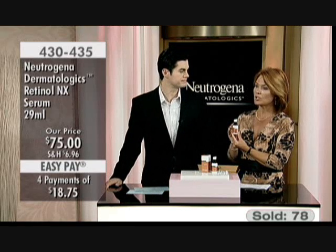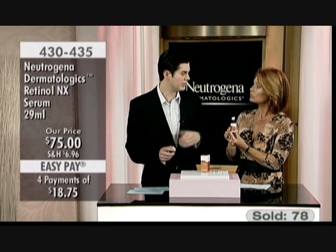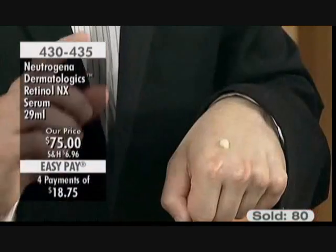That's nice. Now, is there any particular way to apply it? For example, to go down the neck? Now, you can use it on the neck and chest if you like. A lot of people use it for that reason. I will tell you, the pearl-sized amount, that amount right there on my hand, that is enough to cover your